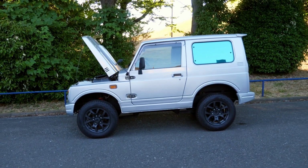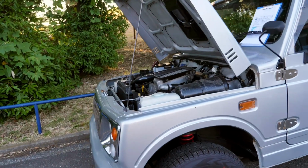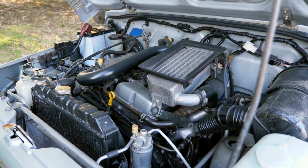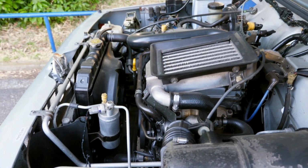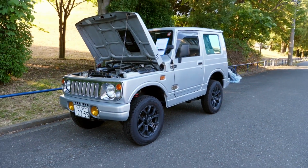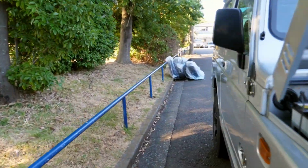Okay, very cool, iconic little 4x4 mountain goat, short wheelbase, very narrow, very easy to get anywhere you want on the mountain because of that, and geared to win as well. It has high gear ratio and low gear ratio, so the itty bitty little 64 horsepower engine doesn't matter so much. It is an ultra light, ultra small footprint, very capable 4x4 vehicle with a ton of aftermarket support here in Japan. It seems like everybody that recreationally goes 4x4ing in Japan has one of these, or at least